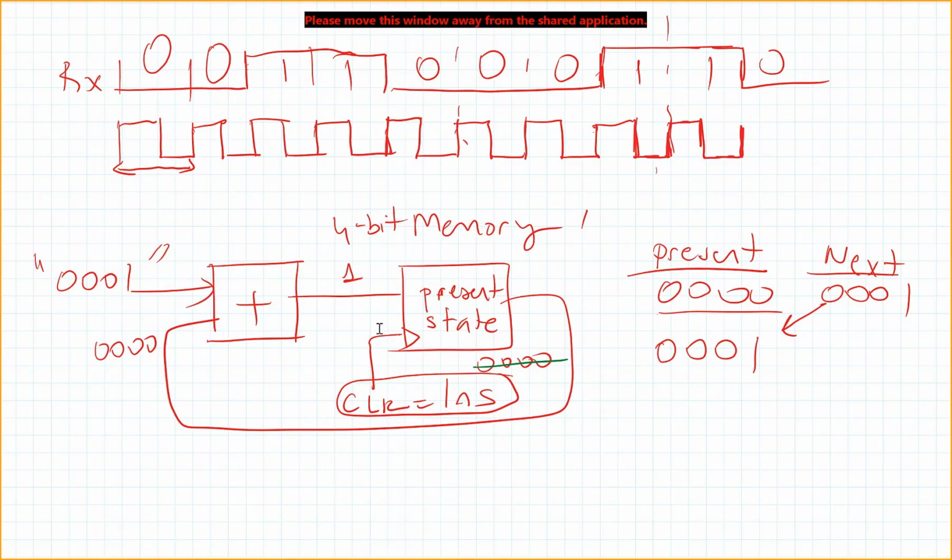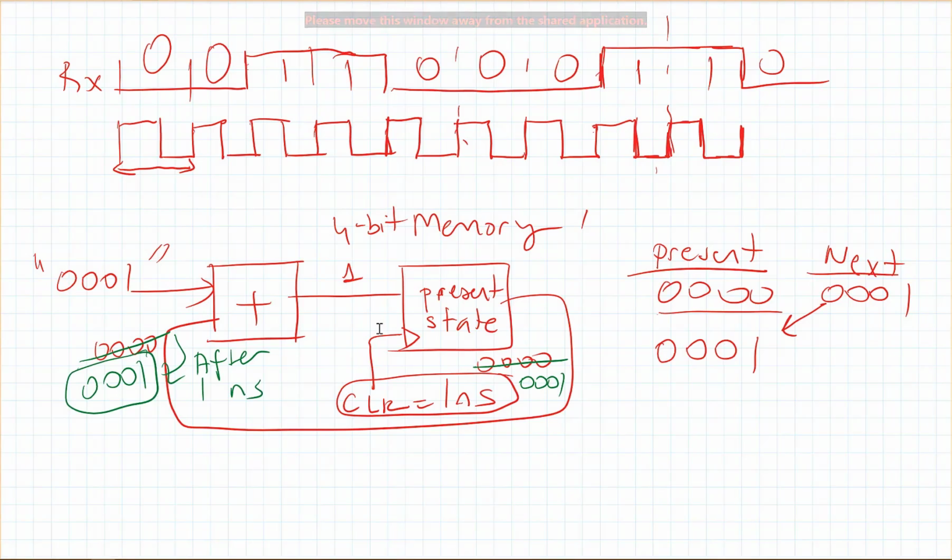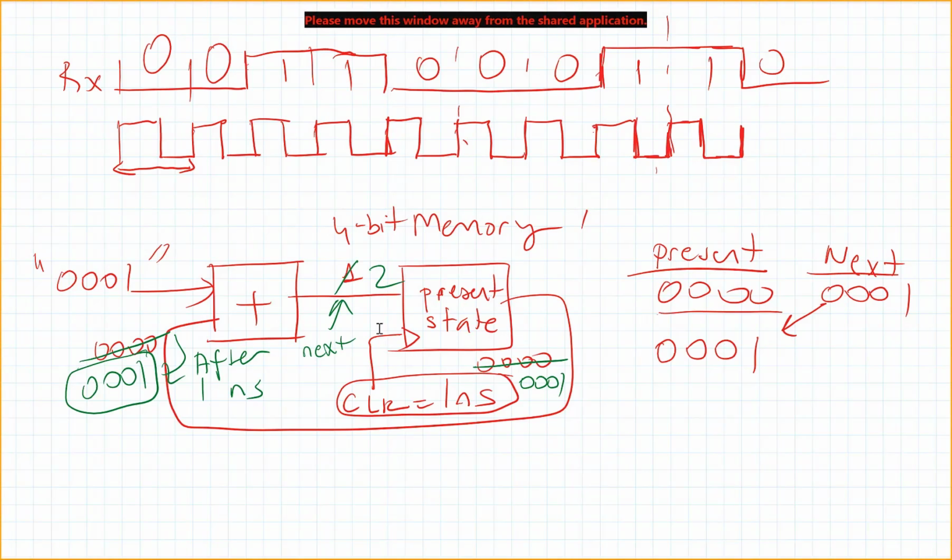Now instead of 0000, we will have 0001 here, after 1 nanosecond. Then I will be adding this 0001 with 0001, so I will have a 2 here. So this will be presenting my next state. My next state will be 0010, and then